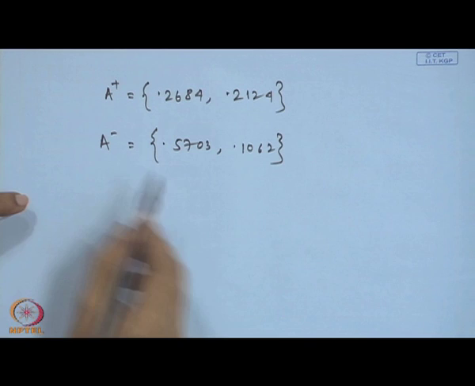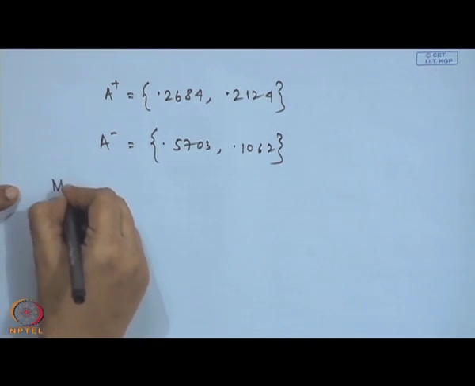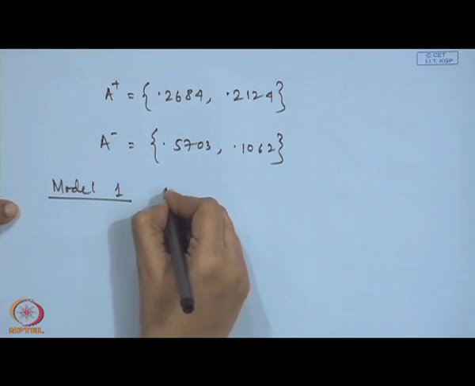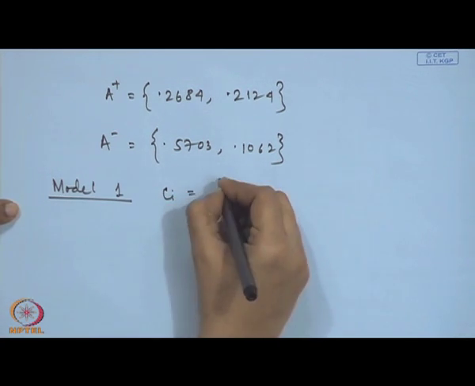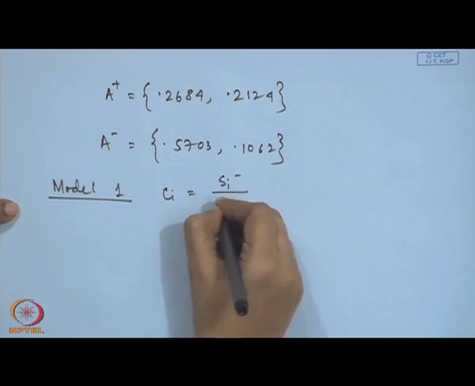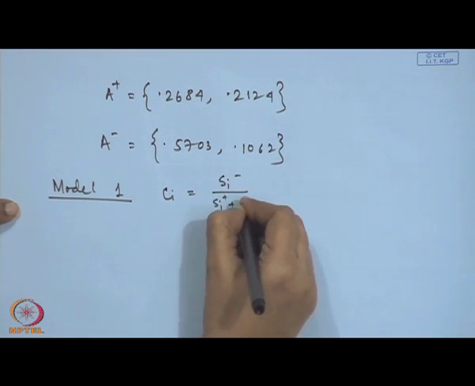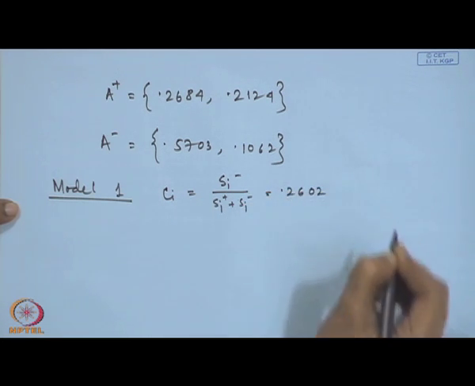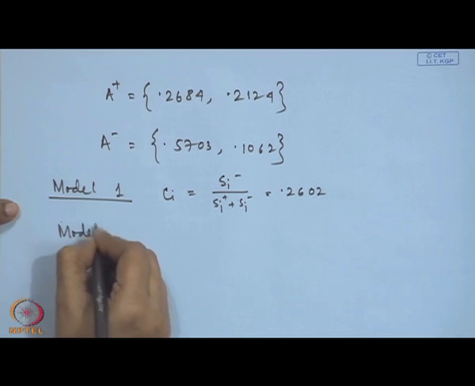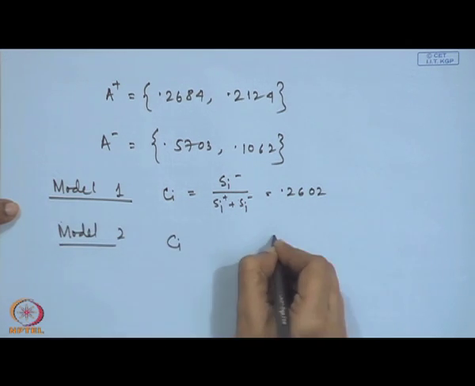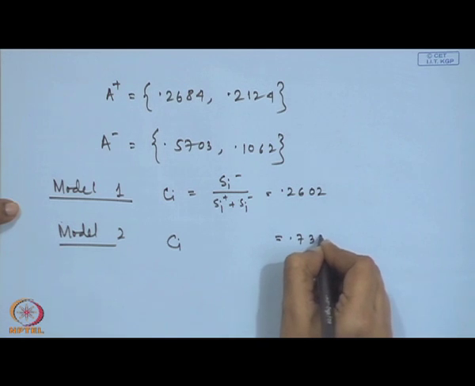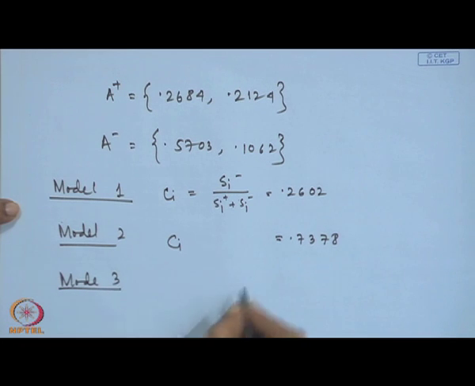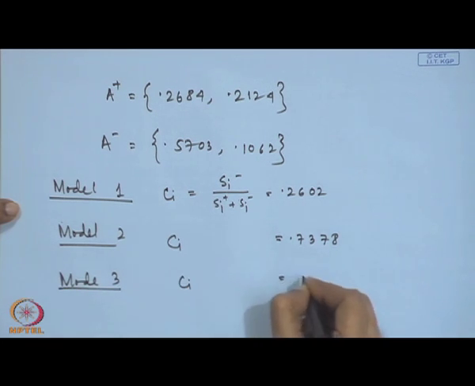And if we calculate the closeness values, for model 1 the relative closeness Ci, which is Si minus divided by Si plus Si minus, will come as 0.2602. For model 2, the Ci value will come as 0.7378, and for model 3, the Ci value will come as